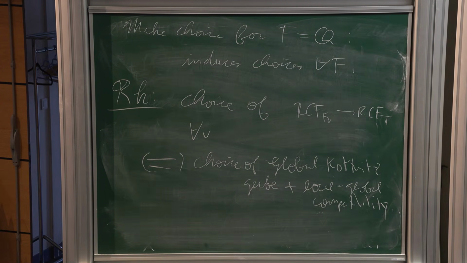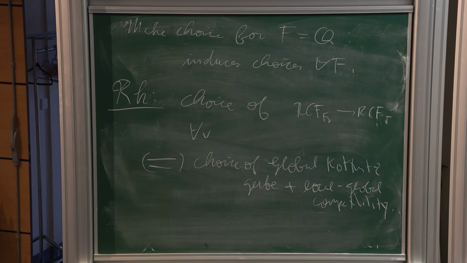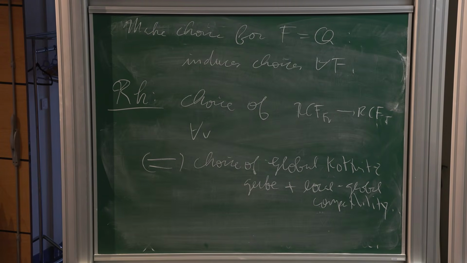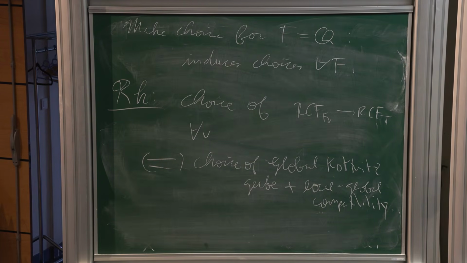So from the refined class formations, globally it's canonical. Locally it's okay, but in the local case, the choice of refined class formations and the choice of Kottwitz gerb are equivalent. In the global case, they're not. Global class formation is canonical. Global Kottwitz category is not canonical. But if you give the global thing together with the local-global maps, doing that for either of the two theories is the same. And in fact,